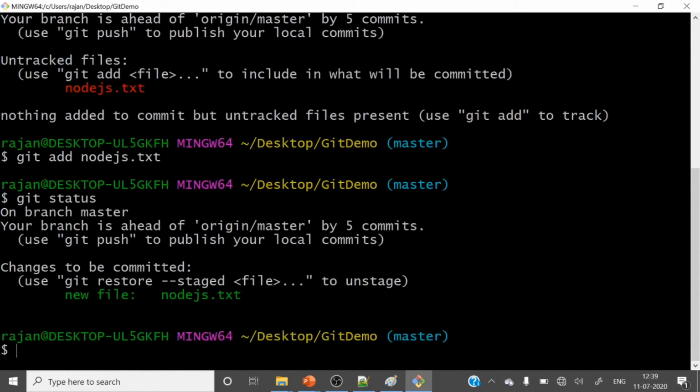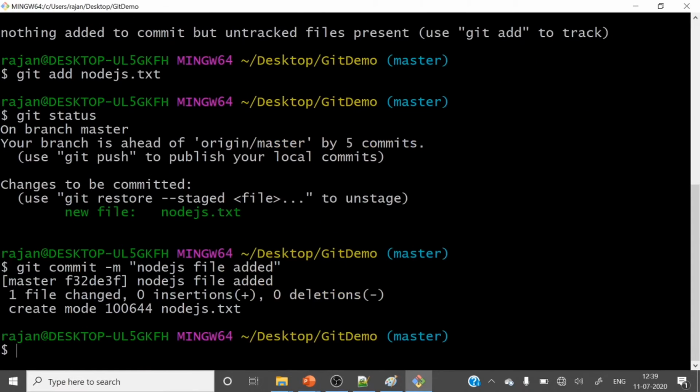It's added, green color. Let me type git commit. If you hit git commit, then it will open a window. But if you hit git commit -m and the message, node.js file added, hit enter. So just see, it's committed.